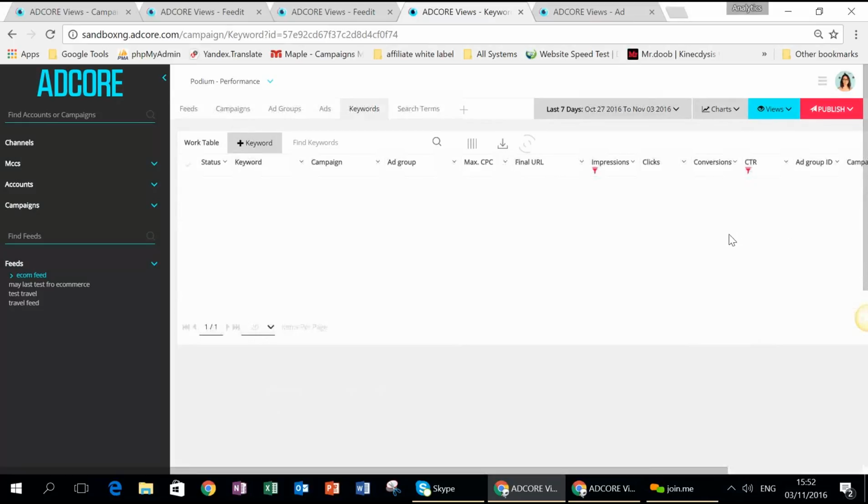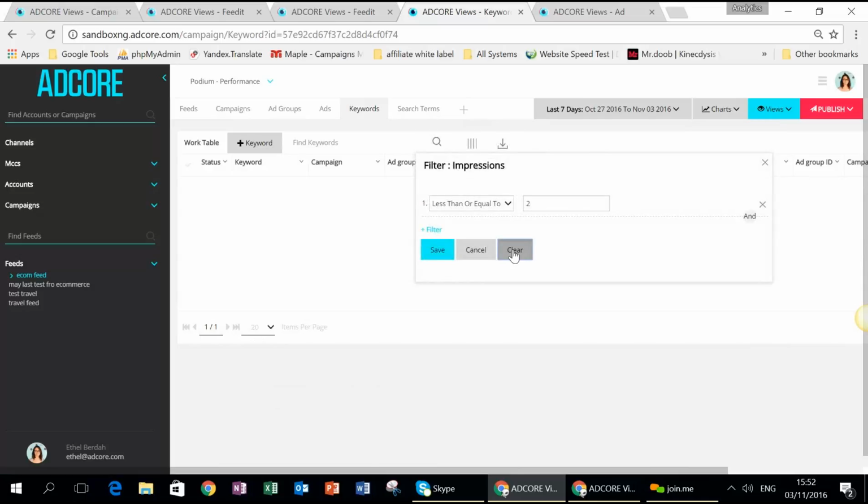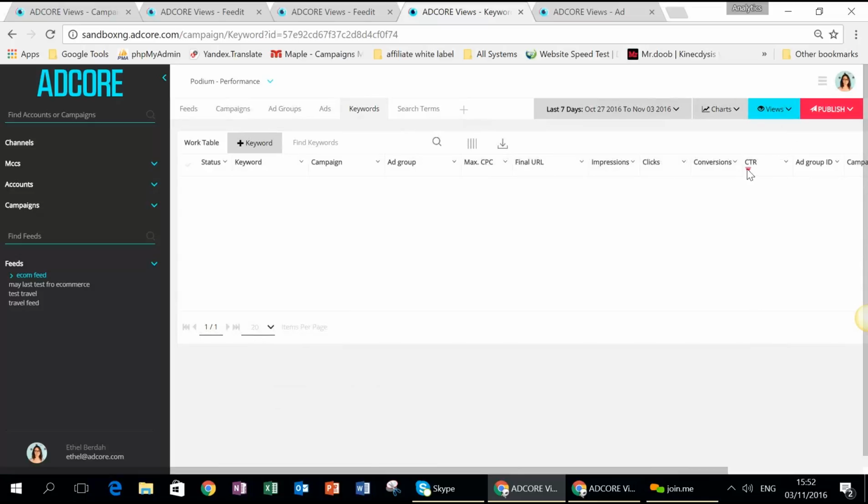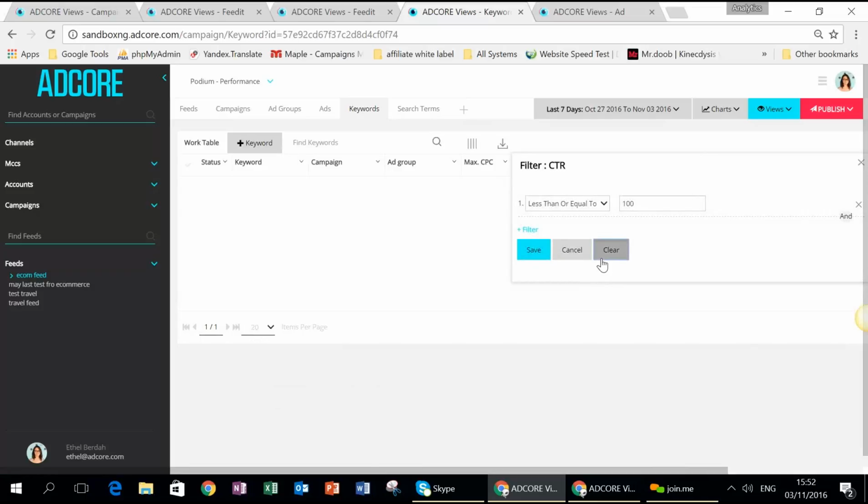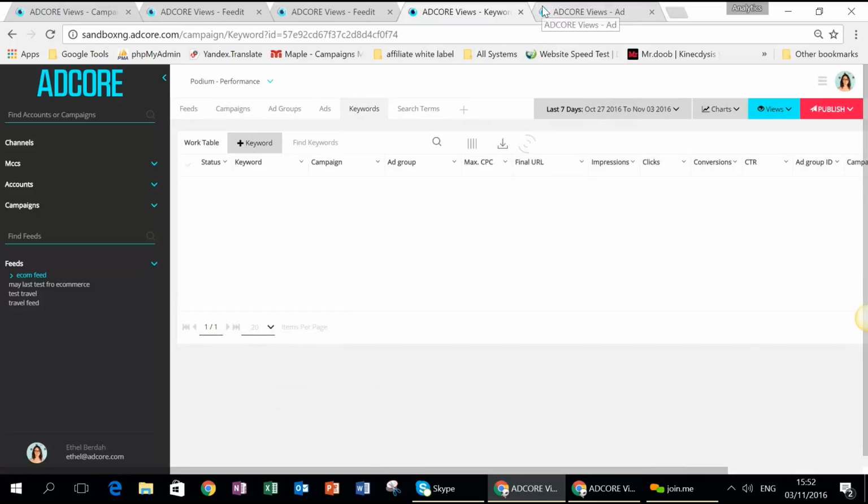So basically, we have nothing. But you understand the system: you apply two filters depending on which column, depending on your requirements. So this is how it works, and this is how you will be able